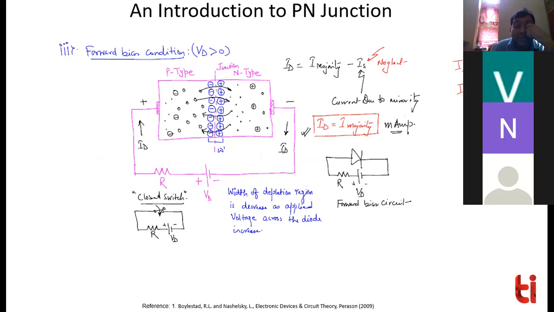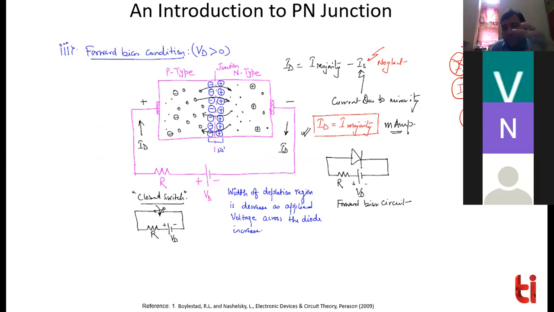In no biasing condition, you have a zero current. Zero current meaning IS current is flowing from P to N and IS current is flowing from N to P. So in case of reverse bias, this P to N IS current becomes zero, and you have only IS current from N to P. However, in case of forward bias, you have this IS current initially from P to N, and that current gets exponentially increased by a factor e to the power VD divided by NVT. So this is a majority charge carrier current.